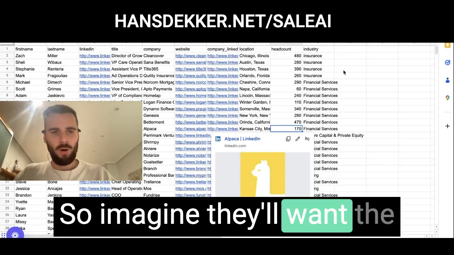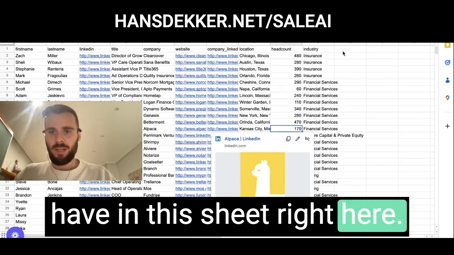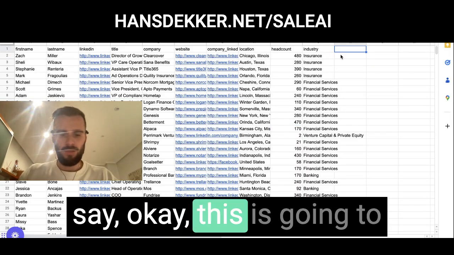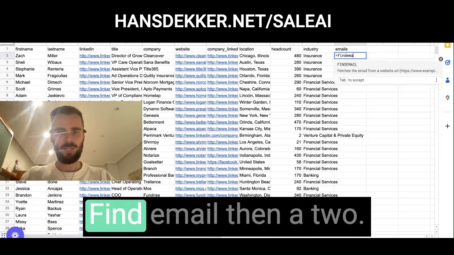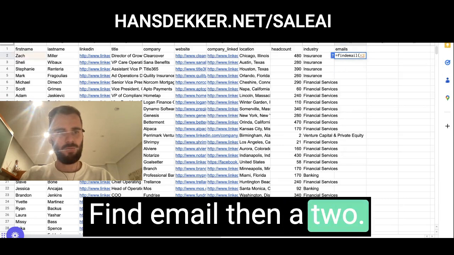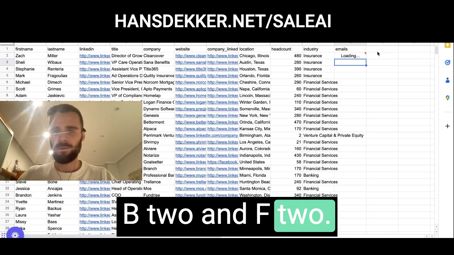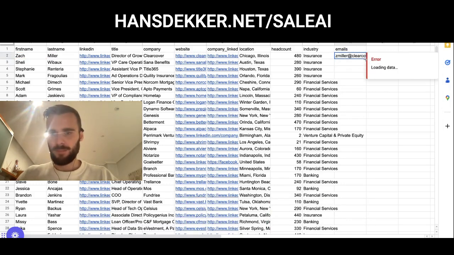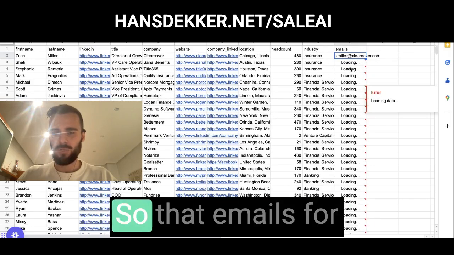So imagine I want the emails of these people that I have in this sheet right here. I can just very simply say, okay, this is going to be where I want my emails. Then I'm going to use find email, then A2, B2, and F2. Then there we have the first email. Then I'm going to drag that down all the way to the bottom so that I have emails for all